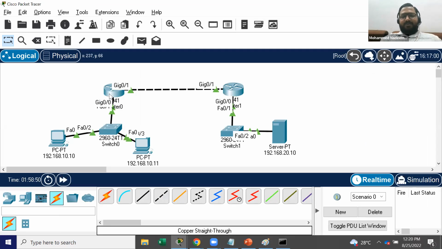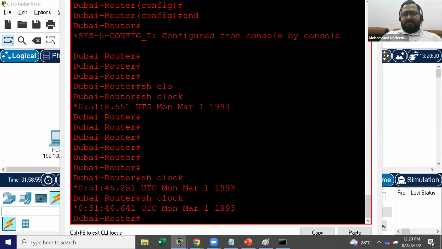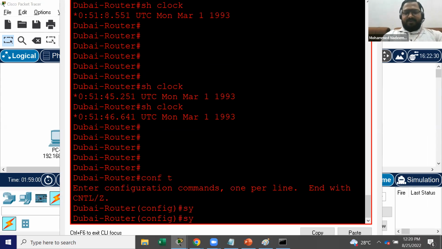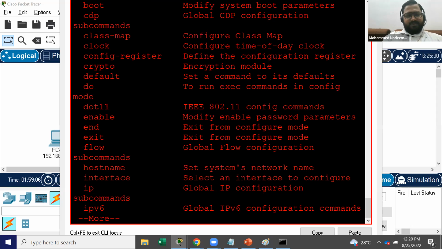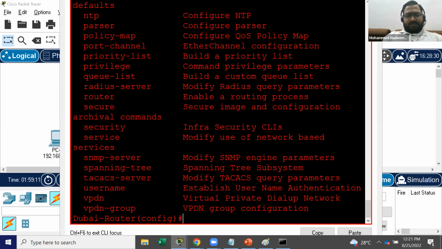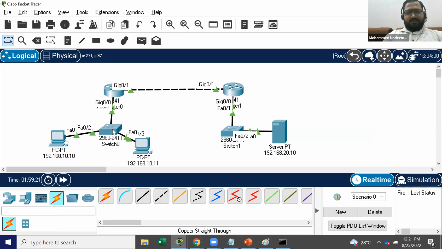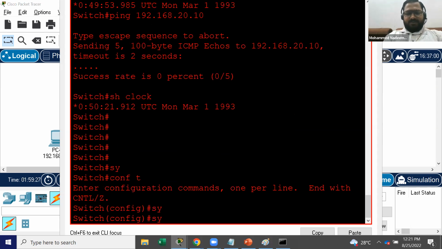So let me go to this router. Okay, and what I can say, config terminal, let me say server, sorry, will syslog be supported here or not. IP, one second, let me see here, config terminal, syslog,